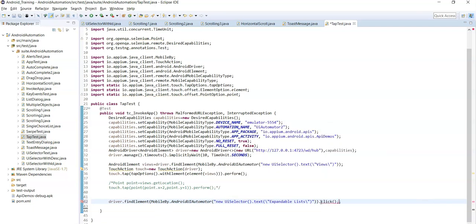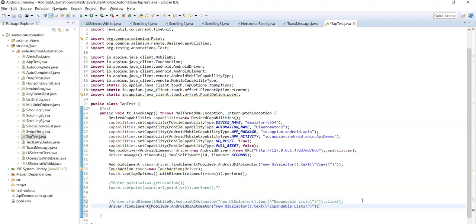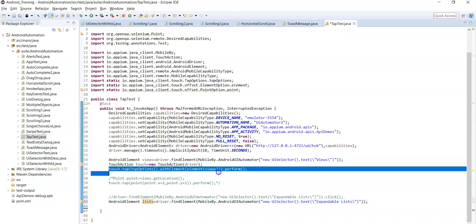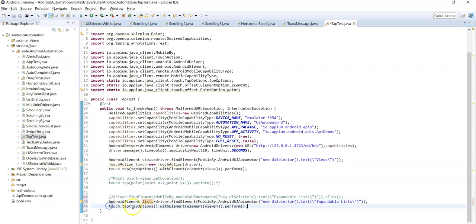You can call the click method, or you can use the tap approach as well, or you can tap on that element using the tap method. Now copy this statement and place the list value here to perform tap action on Expandable Lists.